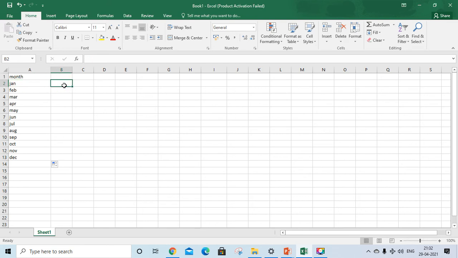Now if I want to give a serial number, the serial number starts from 1. Click enter, it will go to the next. Now this is 1 to 12, the 12 months are there, no? 1 to 12, I don't want to type numbers like 1, 2, 3 in each cell. So here, one shortcut method again: go to the edge of the box.